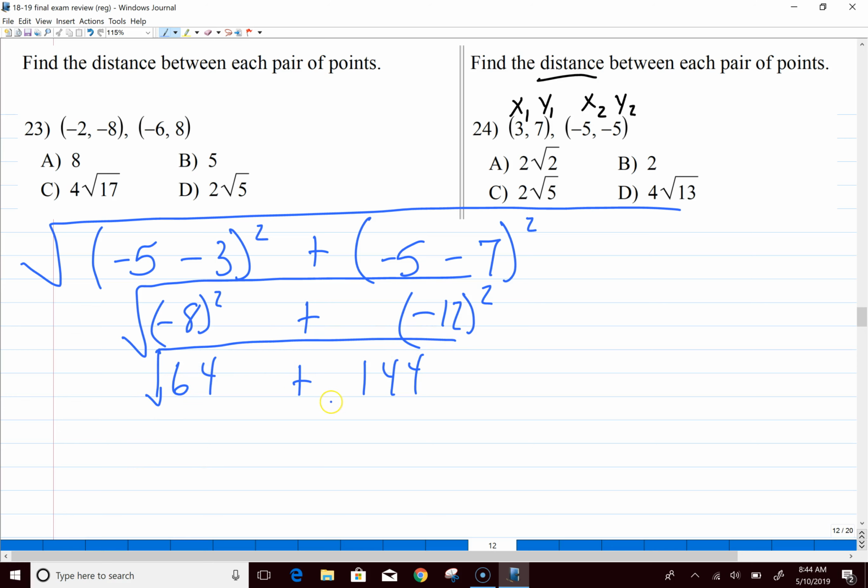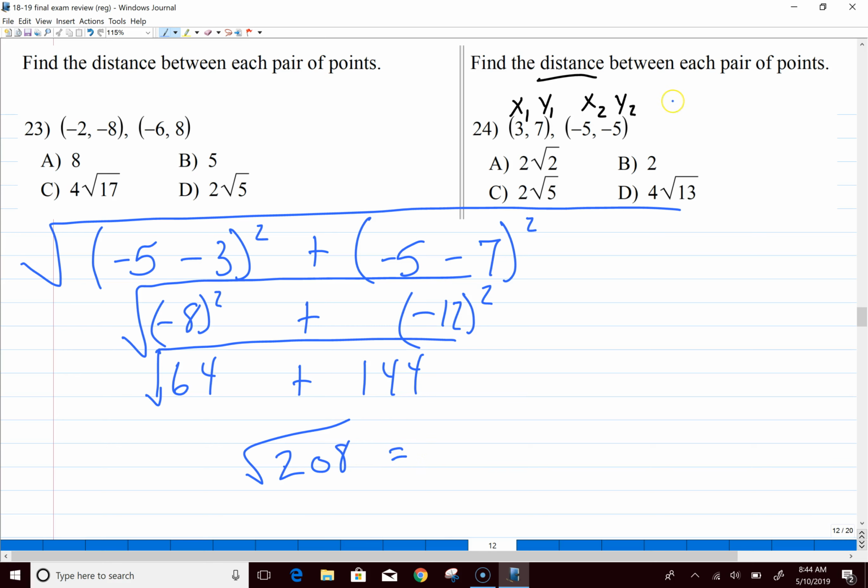So now 64 plus 144. 64 plus 144 is 208. There is no 208. So if you take the square root of 208, it's going to give you,